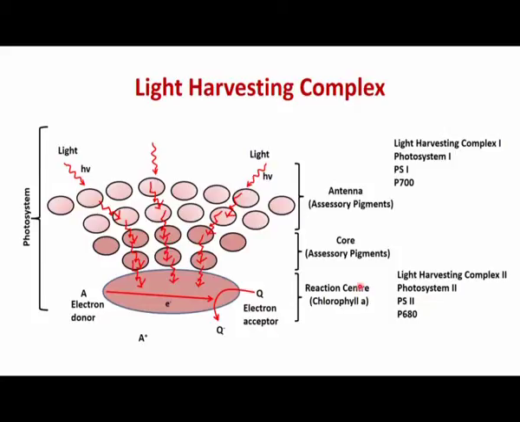So, what happens is that in photosystem 2, because of the photolysis of water, the electron is released, and that electron is circulated from photosystem 2 to the downstream photo electron transport chain, which helps in generating the proton gradient, and that proton gradient is required for generating energy.